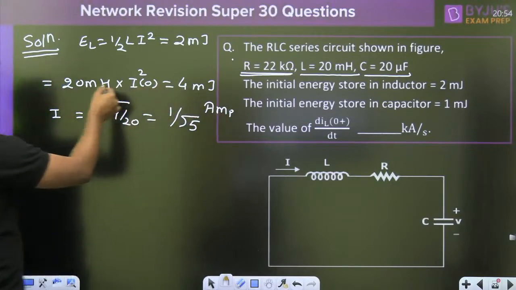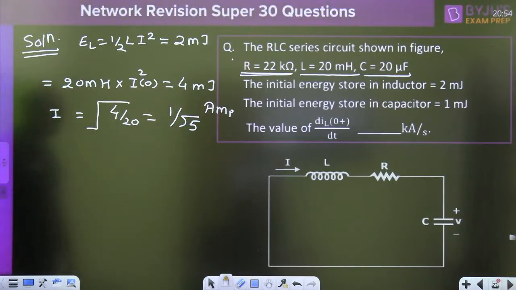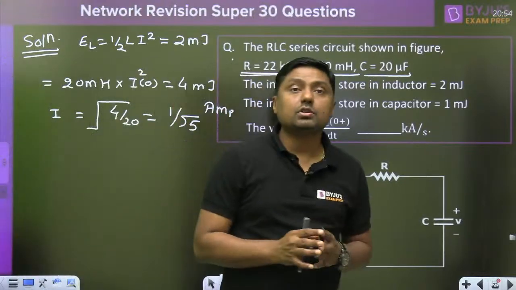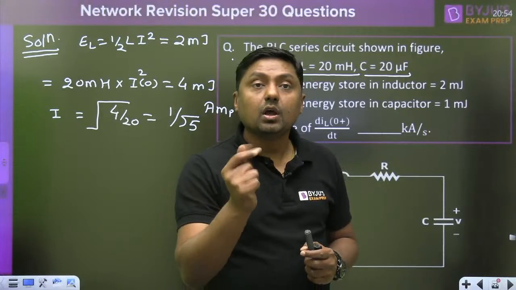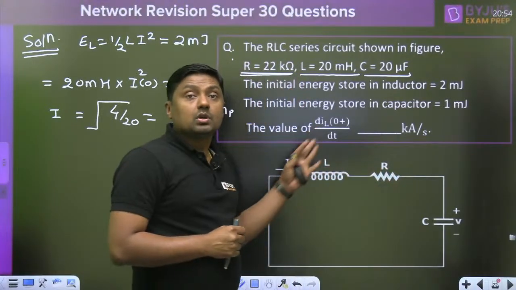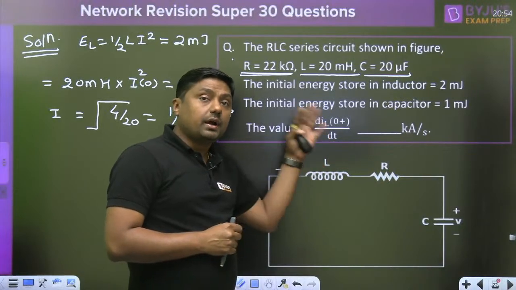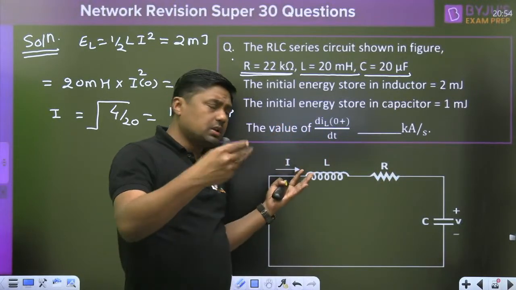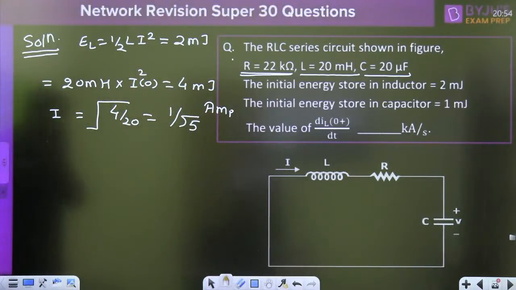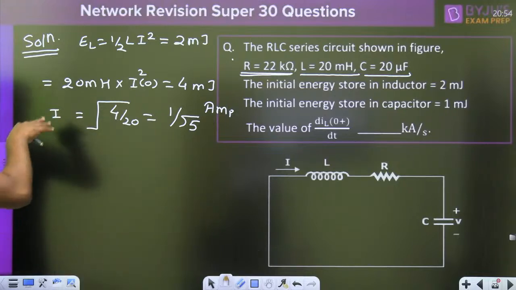Why ampere? Because milli and milli cancel out, and that is the initial current through the inductor. Ayan Malik, it will be negative, because it is a source free circuit. The inductor will discharge. Let us check. Conceptually, what is the voltage across R? We will check. Okay, no problem.